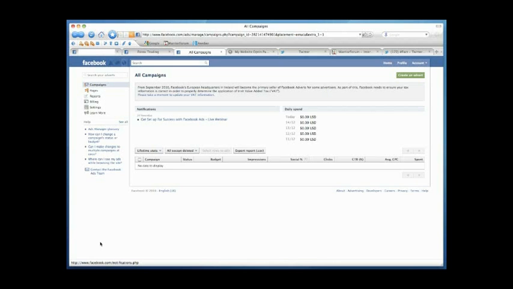So as we all know, Facebook is the second biggest website in the world. Google is first. To put it into perspective, 500 million users, and more even, are on Facebook. That's just under about 10% of the whole world population active on Facebook. So that's a lot of people that you can market to. So first things first,